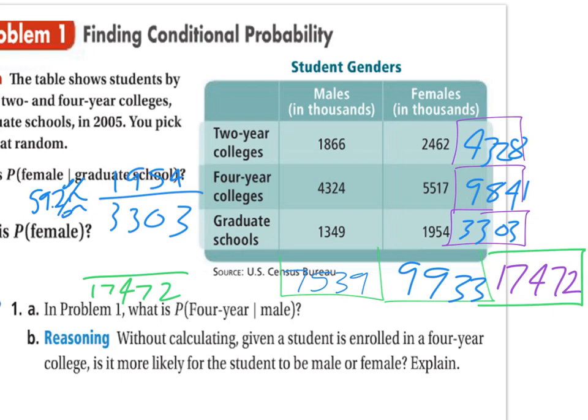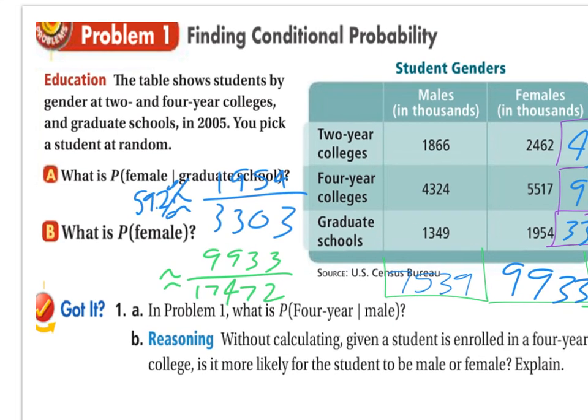And the numerator would be the number of females. So that would really be the 9,933. So out of all those universities, what's the probability that a student selected at random would be a female? So we've got our value there that we're going to figure out, and that turns out to be approximately 56.9%. And so that's what we're looking at for the probability that a student selected